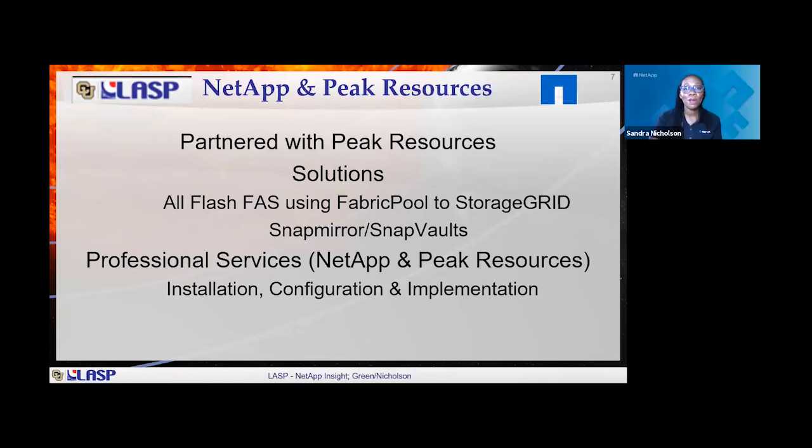Definitely makes sense. When I was a customer, I always engaged professional services, and Peak Resources, one of my favorite VARs, because they have such a talented post-sales professional services team. They really understand technology. They really understand data center and being able to help customers implement their solutions. So glad you guys were able to take advantage of our shared professional services, as well as learning a little